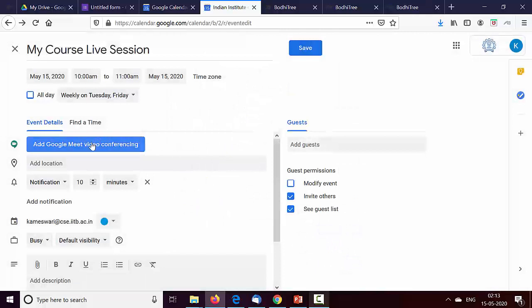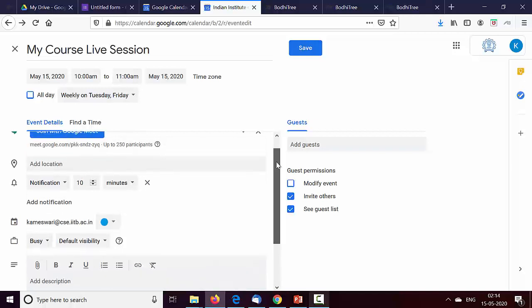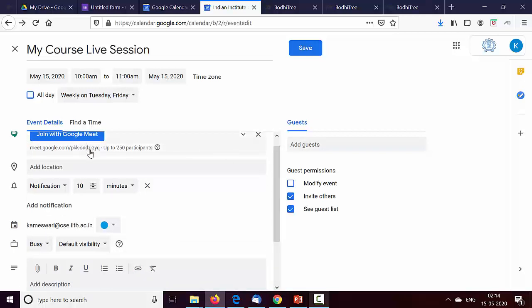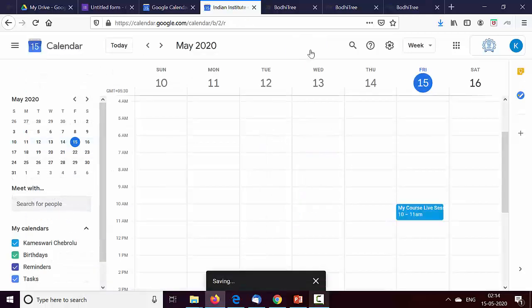And here is where the interesting portion is, which says add Google Meet video conferencing. I'm going to click this, and it is going to give me this link, and this is the link I need to share with my students. Let me just click save, and here are the details. Click it.